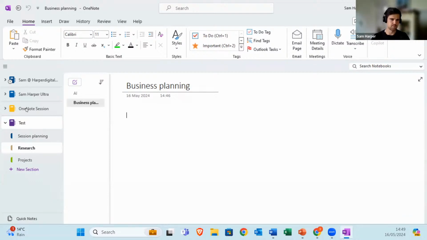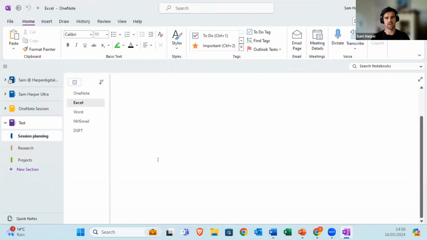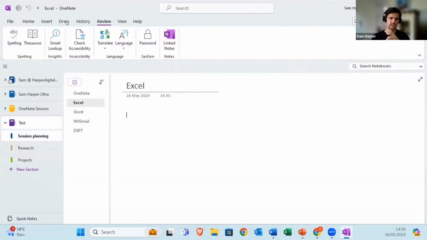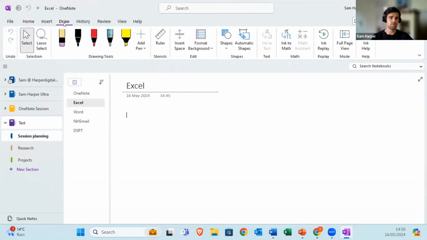So as we've said, I have this session planning area, or I have my different sections. Now, from here, we have this large area, which is our notepad, and we can really add anything to that. It doesn't just have to be text. Now, maybe you do want it just to be text, and in that case, there are lots of different options up here, but you can go to Draw,